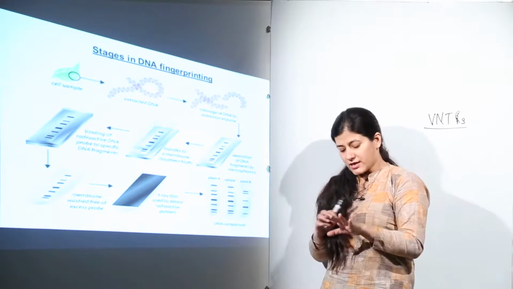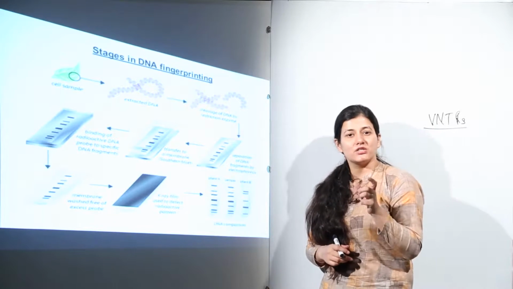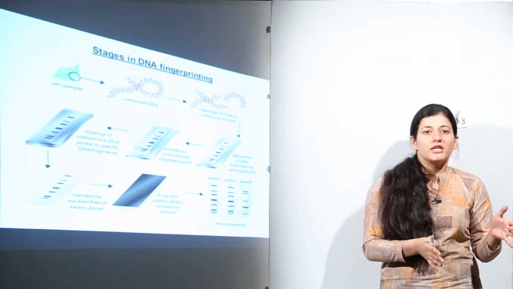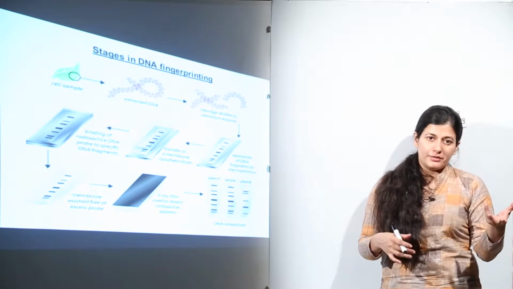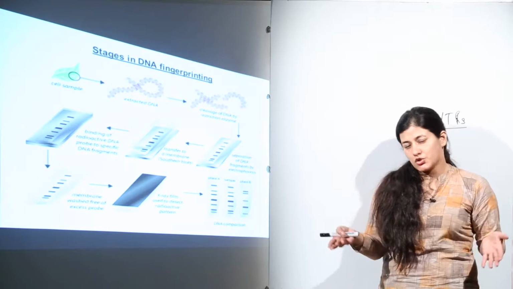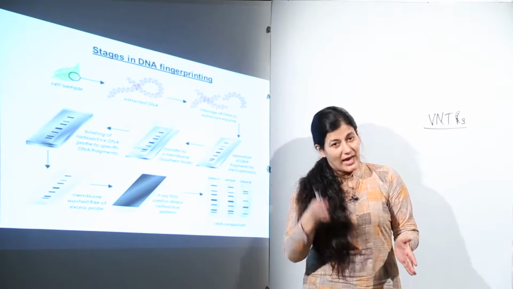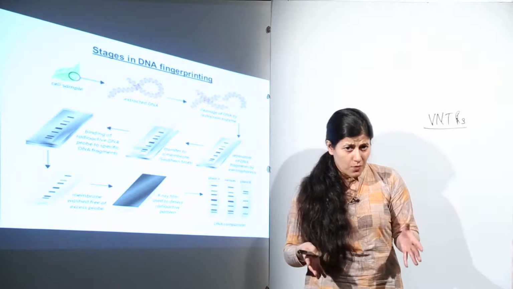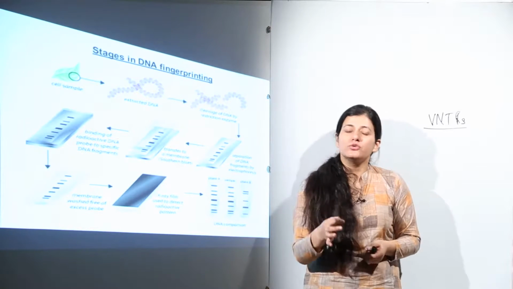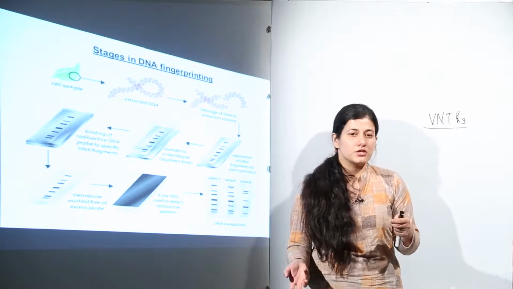When I discussed the topic, I gave you the example that usually this DNA fingerprinting technique is used for finding out criminal cases. If you have a blood sample from the crime site and you have a suspect, you need to draw a parallel between the DNA of the suspect and the crime spot samples. Otherwise, you use DNA fingerprinting for disputed parentage.